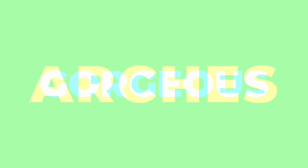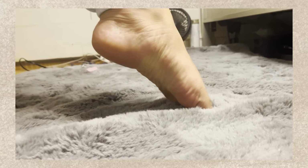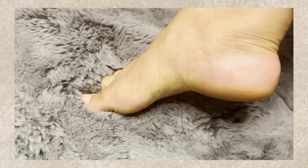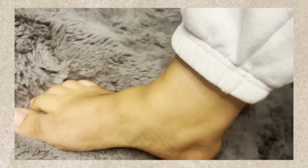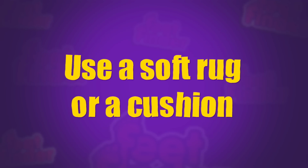First up, let's arch those expectations with gorgeous arches. The arch of your foot can be a gold mine. Position yourself so your soles face the camera, then point those toes to really define that curve. The higher the arch, the better, okay? Customers love that defined bend that just beckons to be admired. Here's a tip too. Use a soft rug or a cushion to help support your foot in the perfect position